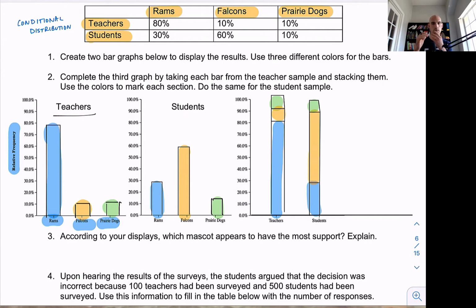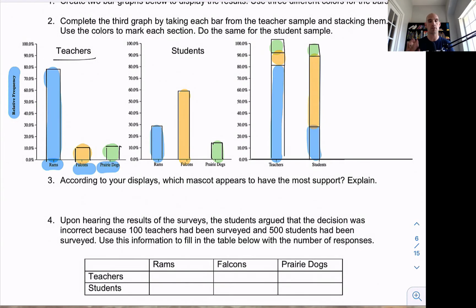Down below, according to the data displays that we did here, which one appears to have the most support? Well, you look at the bars, right? If we look at the bars, which one has the biggest bar? That's kind of what this is asking. And so according to